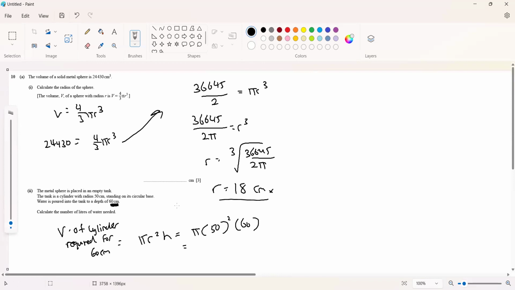So from there, we can calculate it: 50 squared times 60 times pi. That will give us 150,000 pi cm cubed. This is how much volume the cylinder needs. Now, when they put in a sphere of 24,430 cm cubed already, right? So in other words, the volume of water remaining